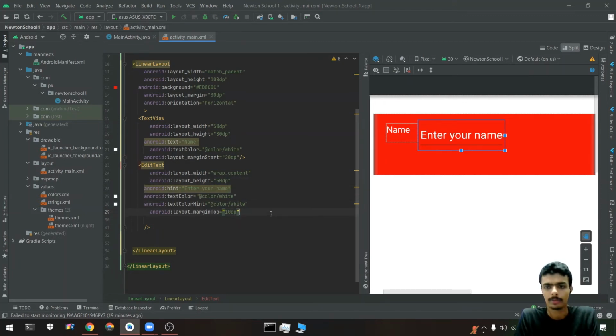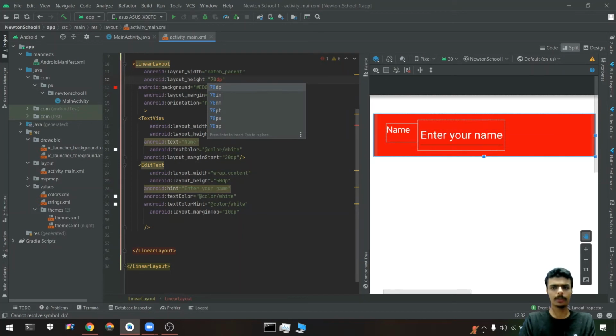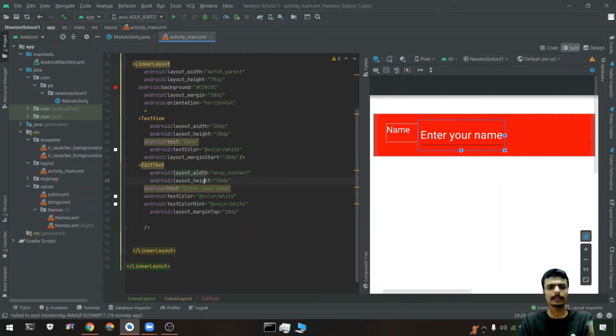Okay, so let's move forward. I can remove these layouts now, like 70 dp or something. So now I have these kinds of layouts. You can always play with these layouts.